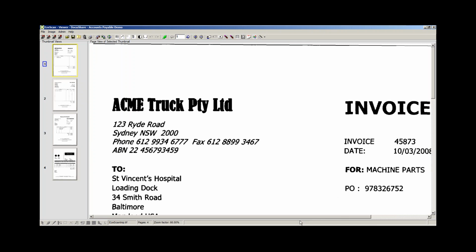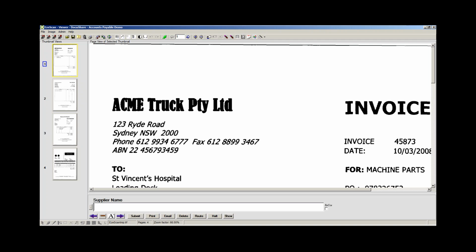So what we have is what we call our discovery. With discovery, we look for key items, key words, key patterns on a document, and we can look anywhere in the document or a specific point in the document and still be able to extract information even though it moves. So now when I process the document,